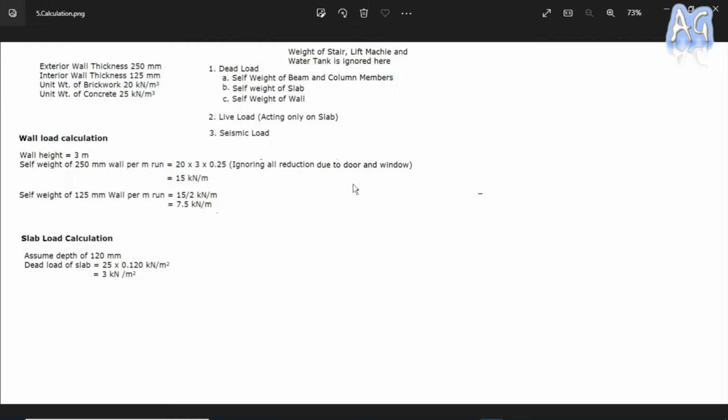So here we are going to consider the following load cases: dead load, live load and seismic load. We are not considering the wind load, though wind load is necessary since we are analyzing a G+6 story building, but for simplicity here we are not considering that. And also we are not considering the weight of stair, weight of lift machine, weight of water tank. This is only for simplicity, but when we analyze an actual building, at that time we have to consider